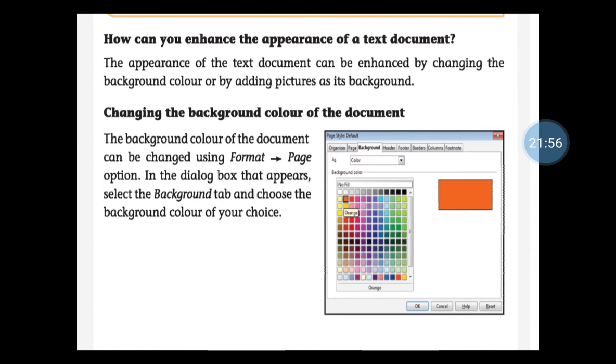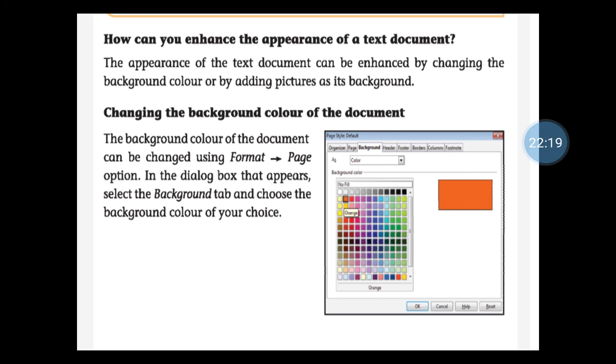Now we'll move to another slide, that is, how can you enhance the appearance of a text document. The appearance of the text document can be enhanced by changing the background color or by adding a picture as its background.